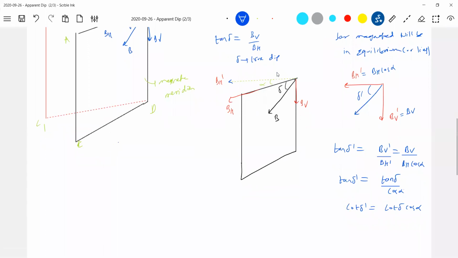See, I'll keep it that way. First of all, to explain, I don't know the magnetic meridian, so I'll directly measure the dip delta dash. Then I'll measure the horizontal component. I know the vertical component will be the same as it is. Then I'll rotate the dip circle by how much? By 90 degrees, from this dotted line, 90 degrees from here. So compared to the original magnetic meridian, it should make an angle 90 minus alpha.